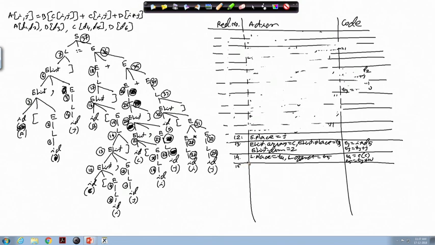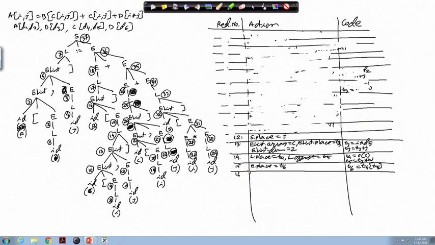At reduction 15, it will have E.place equal to T6, okay, and it will generate the code T6 equal to T4 T5. This is a one dimensional array access, T6 equal to T4 T5.